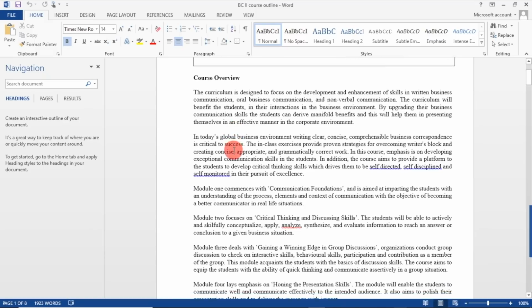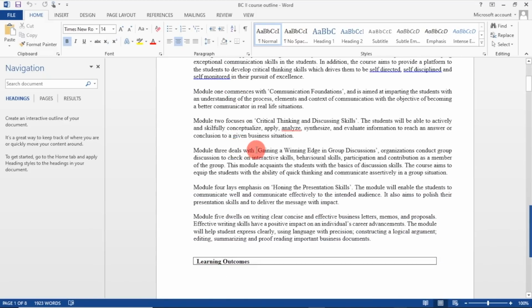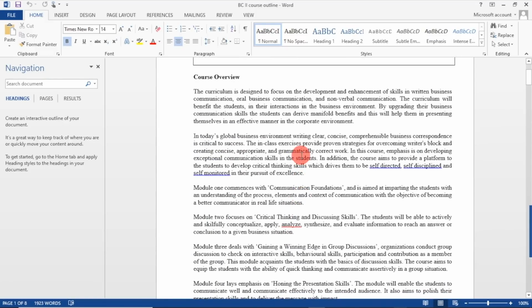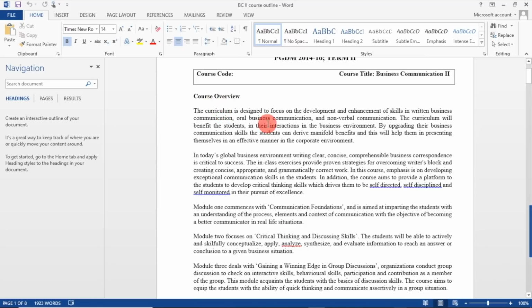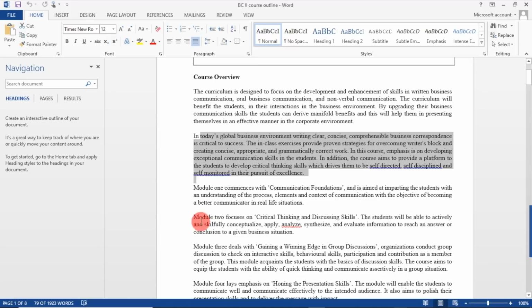So this course overview component is a very important component as far as communication between a teacher and student is concerned. So why your course is important, what exactly your course is going to do once a student goes through it, right? So just read this particular paragraph. So it suggests why business communication is important and what exactly it is going to achieve after you have completed this course.